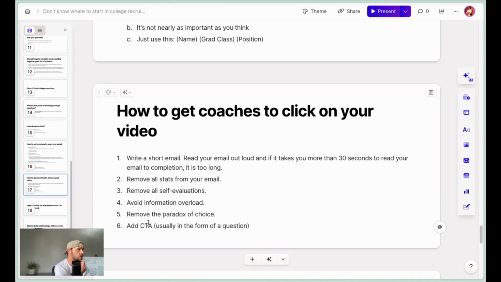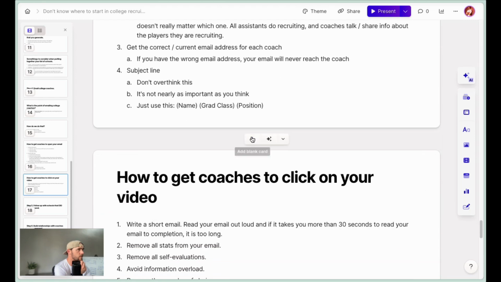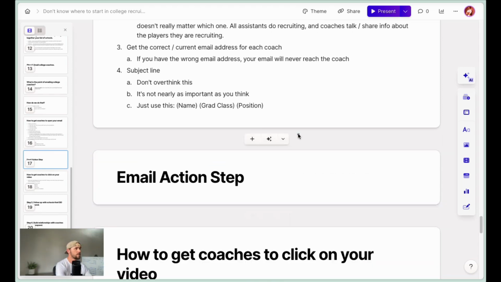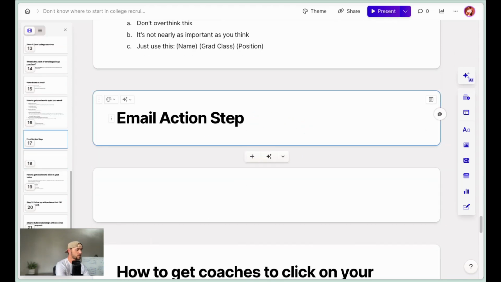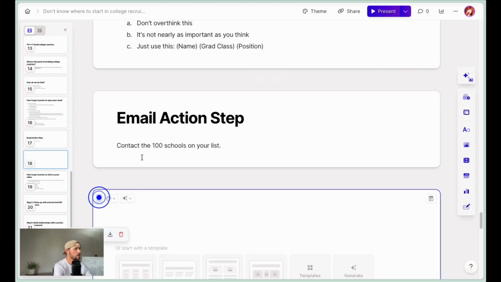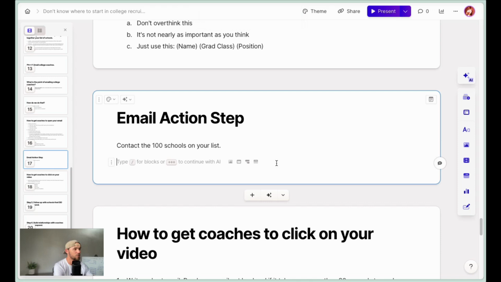I think that's a pretty good start in terms of emailing coaches. So that email action step is to contact the 100 schools on your list, right? Boom. Also, if you're like, holy crap, Jack, that sounds insane. Well, first of all, we tend to automate the process, and we use software to do that. But even if you don't, for instance,